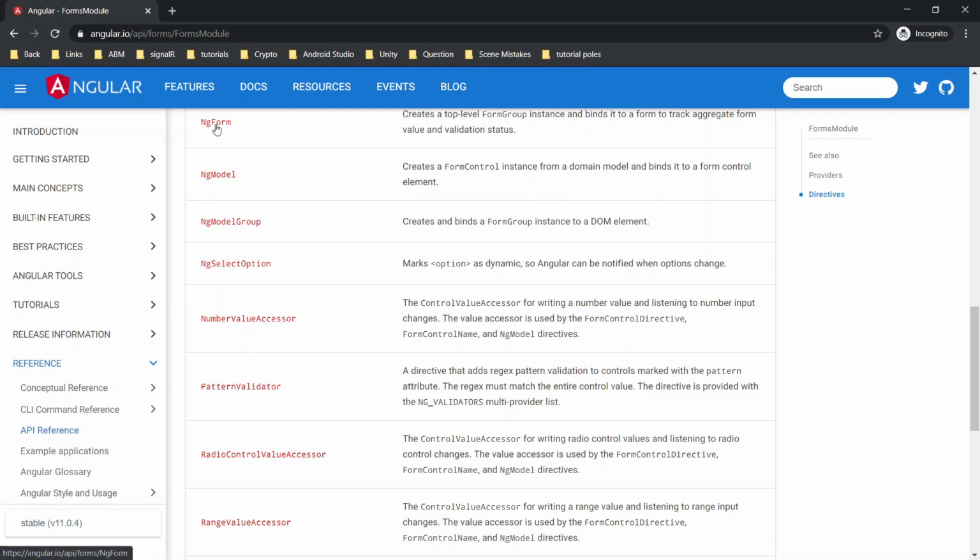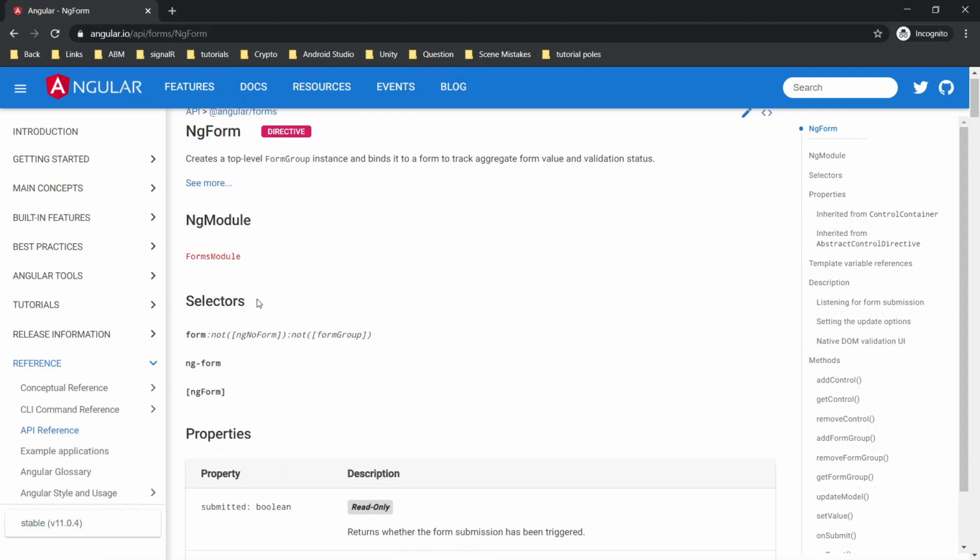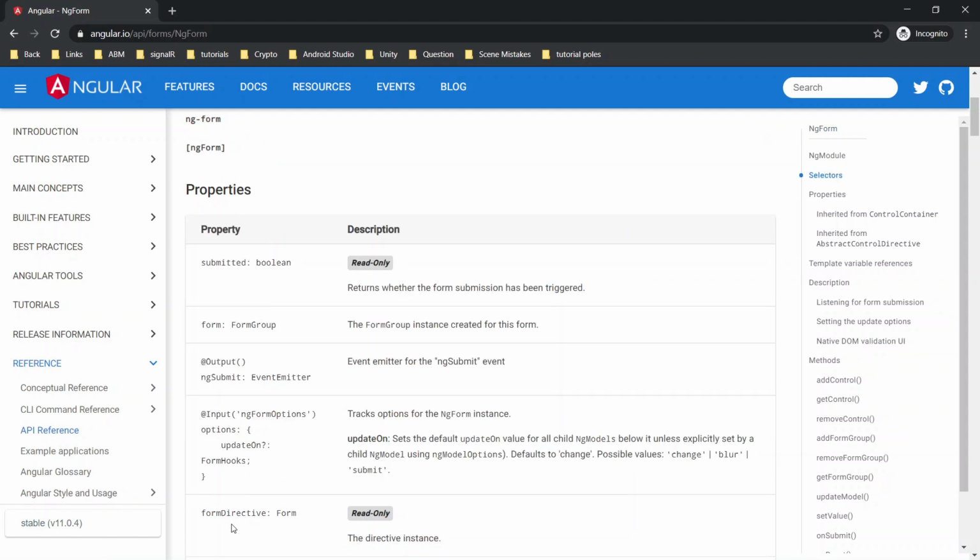If you click on this ngForm directive and look under the properties section, ngForm has multiple properties that can be used to execute some events or to get the information of the form, for example, the state of the form. See here, this submitted flag can be used to check inside code or in HTML whether the form has been submitted or not. And we may also change the UI behavior based on these flag values. For example, showing the errors when the form has been submitted or disabling the button when the form is invalid.